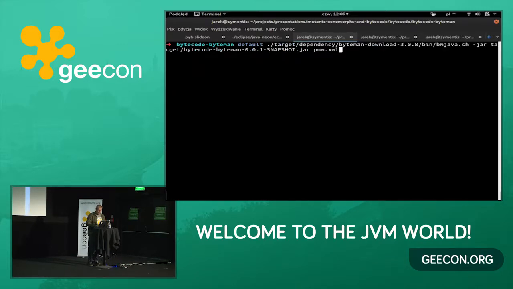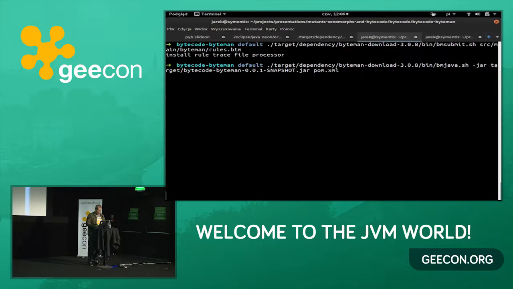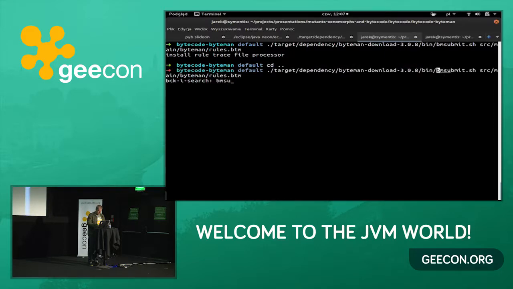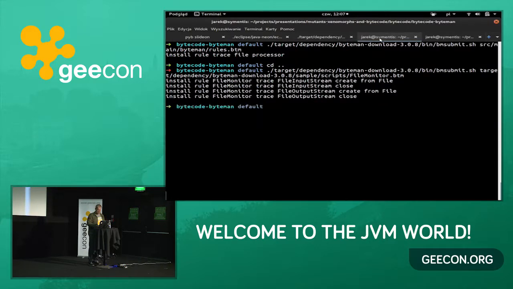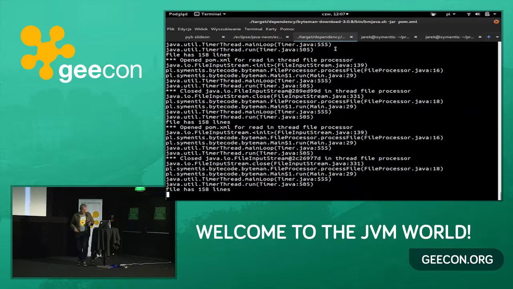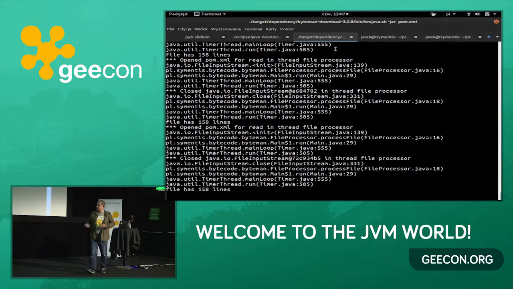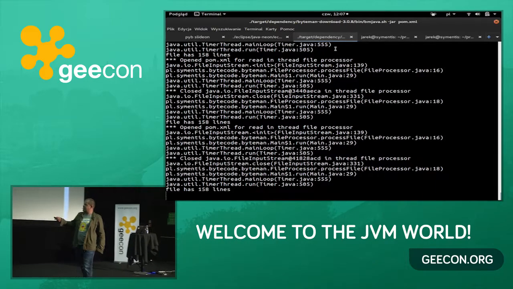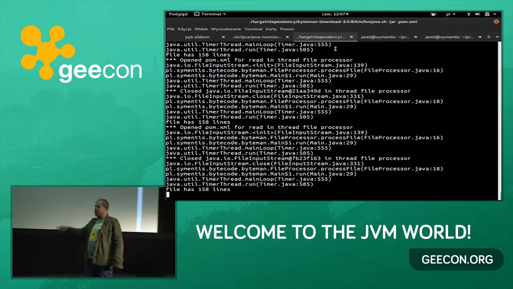What's fancy, even more, there are some additional scripts that come with Byteman. If I start this process once again, and I run the submit with the file monitor script, which comes as a sample from Byteman, it prints out, every time you close and open a file, the stack trace.